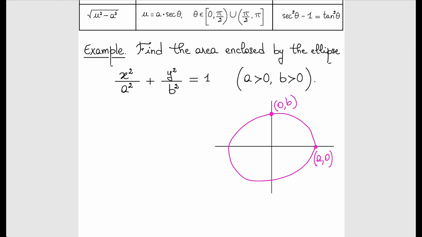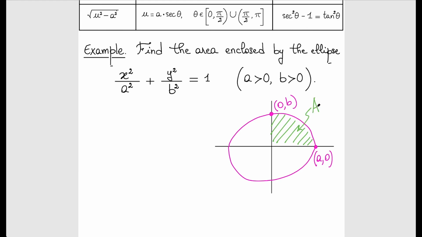And what they need is the entire area enclosed by the ellipse. And it's not hard to see, because the ellipse is symmetric with respect to both axes, that the total area is actually 4 times this guy, right? 4 times this guy. How about we call this guy